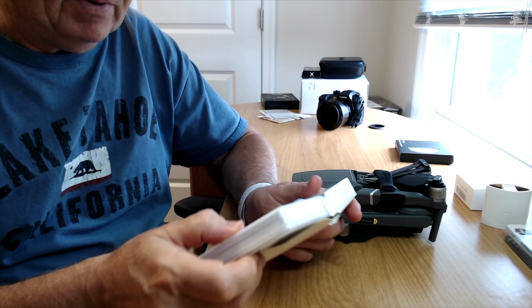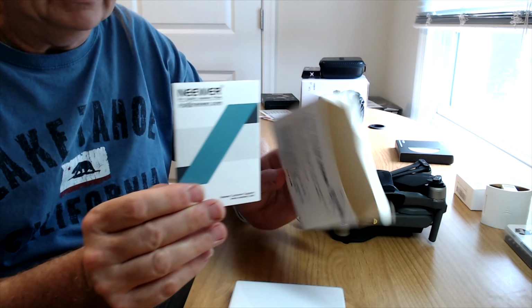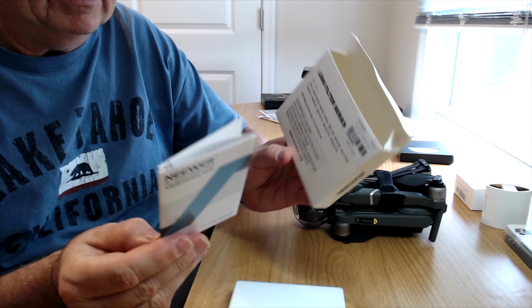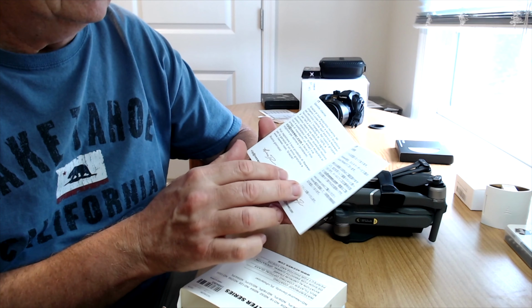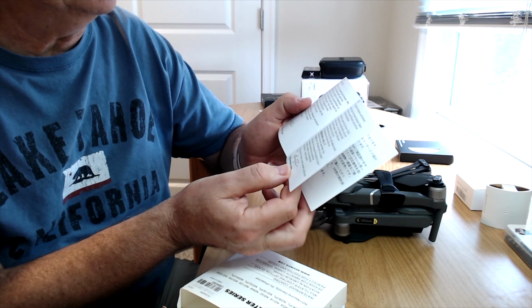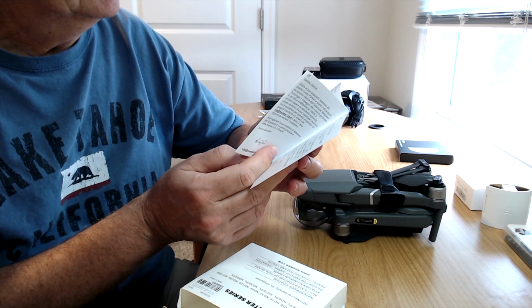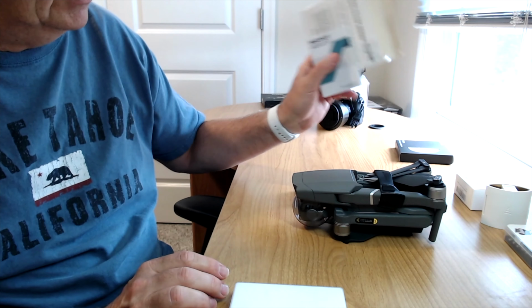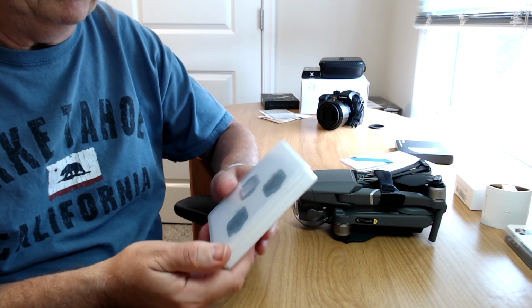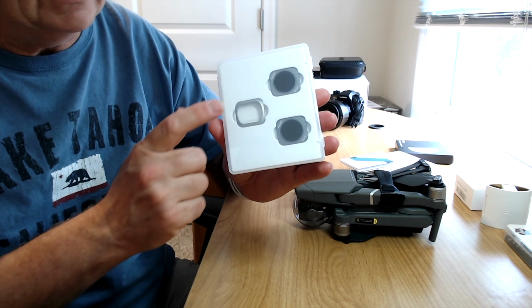So it's a simple box here, and you get a little booklet here. Box is kind of a white box, a little writing on the back. And the thing here, "Dear customer," looks like it's from somebody from marketing. So not a whole lot of information here, but we don't need a lot on a filter set. So here we go. We got a 3-pack here,